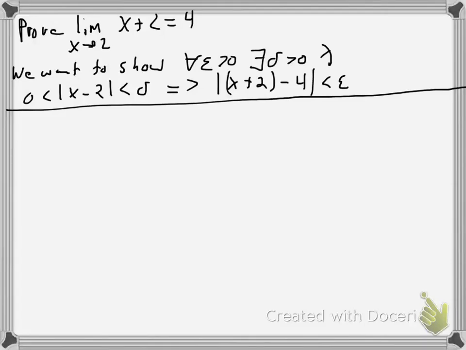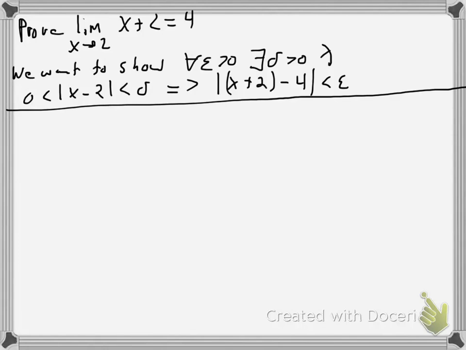I thought I'd do two examples of proving limits using the epsilon delta definition of some linear function. So I'll do two examples. In this one, we would like to prove that the limit as x approaches 2 of x plus 2 is 4. So what we want to show for this specific example is that for every epsilon greater than 0, there